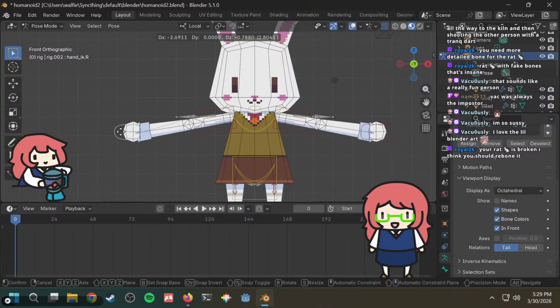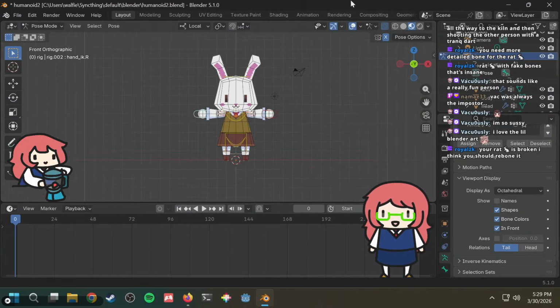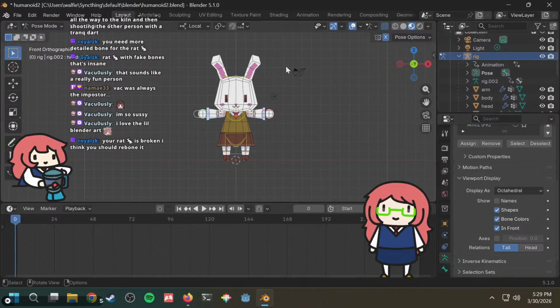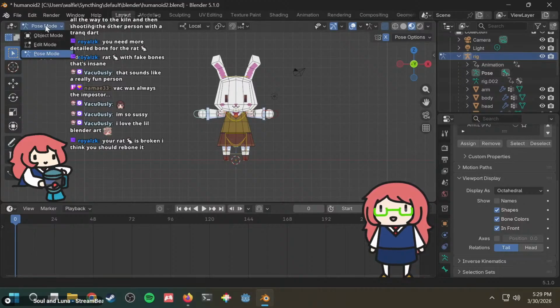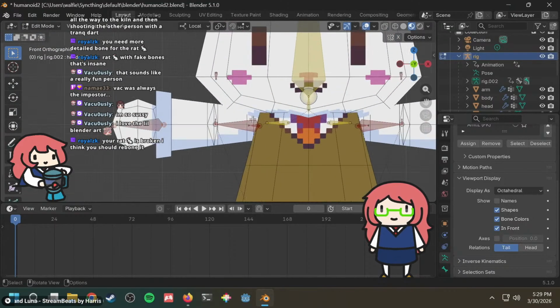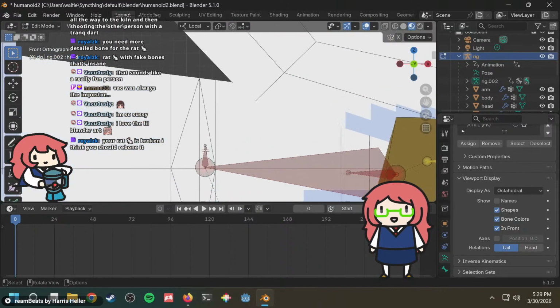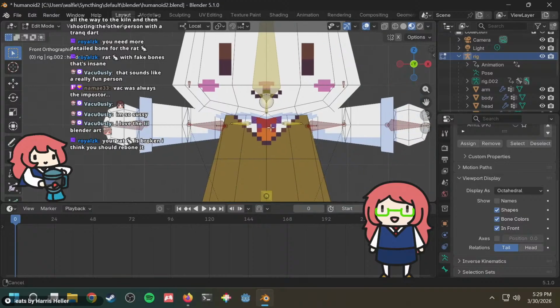Oh wait, but why can it stretch now? I need to change the setting so that it doesn't stretch. What was the setting? Carabel told me this and I forgot. You gotta go into edit mode, perhaps. All right, here are the bones. One of the bones disappeared. You see them? What happened to this bone?